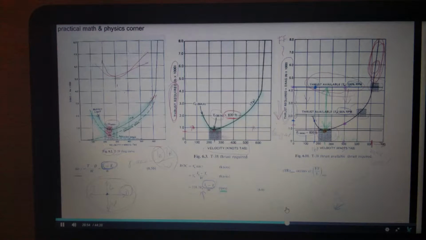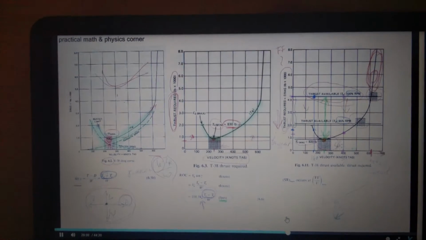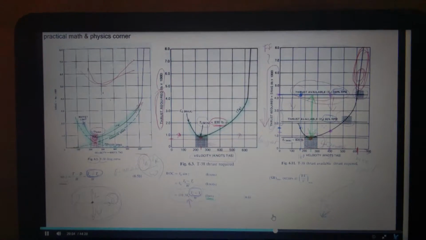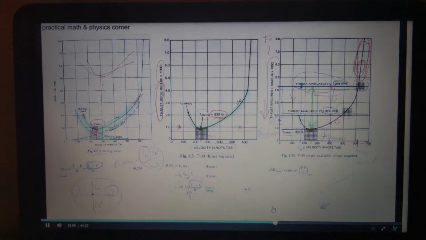I don't want to calculate anything with it. But it is the same speed as before. It's the same L over D max speed that we talked about before, because it comes from the same thrust required curve, which is the same as the drag curve. So the minimum drag point is also the minimum thrust required point, which basically means if I don't need